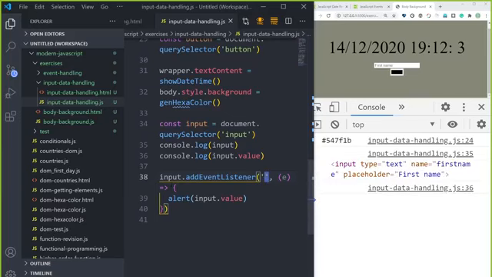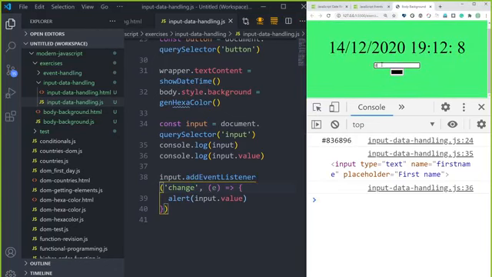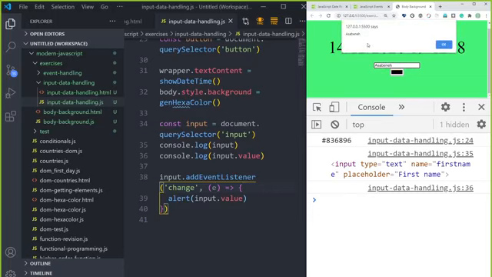The appropriate event type would be change. Change is an event type, which means when some change happens. If I write something, 7, and now if I leave,